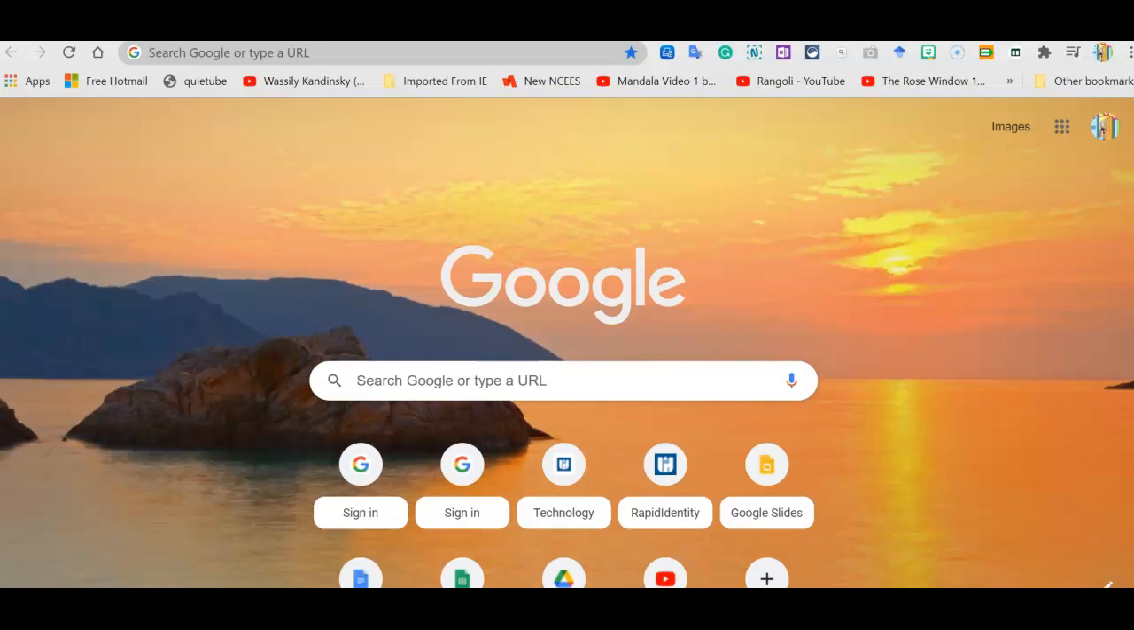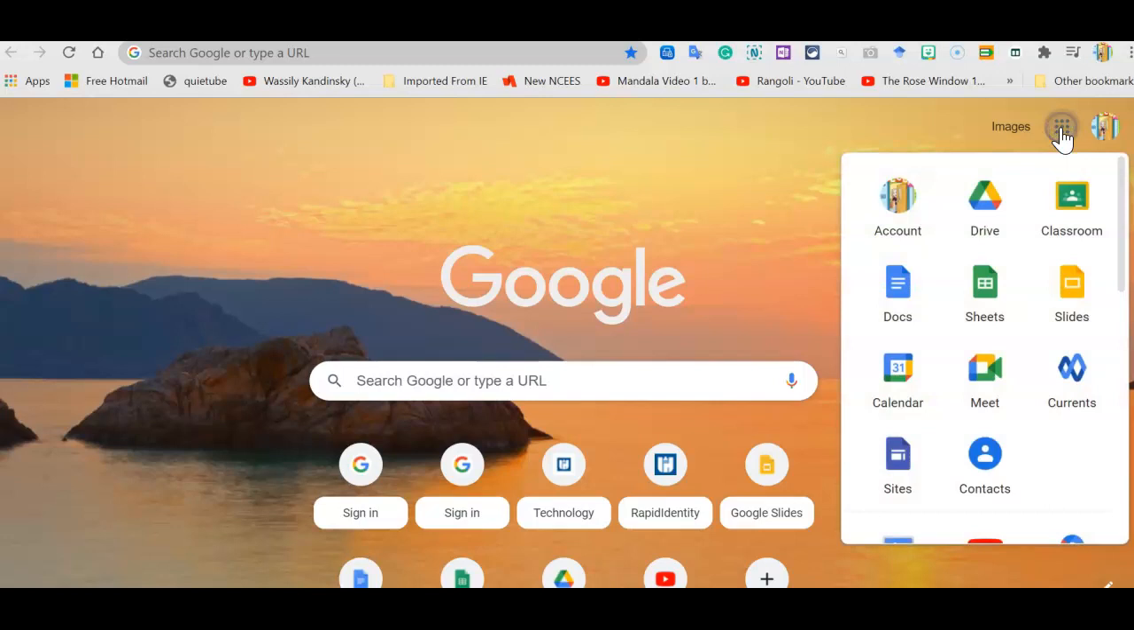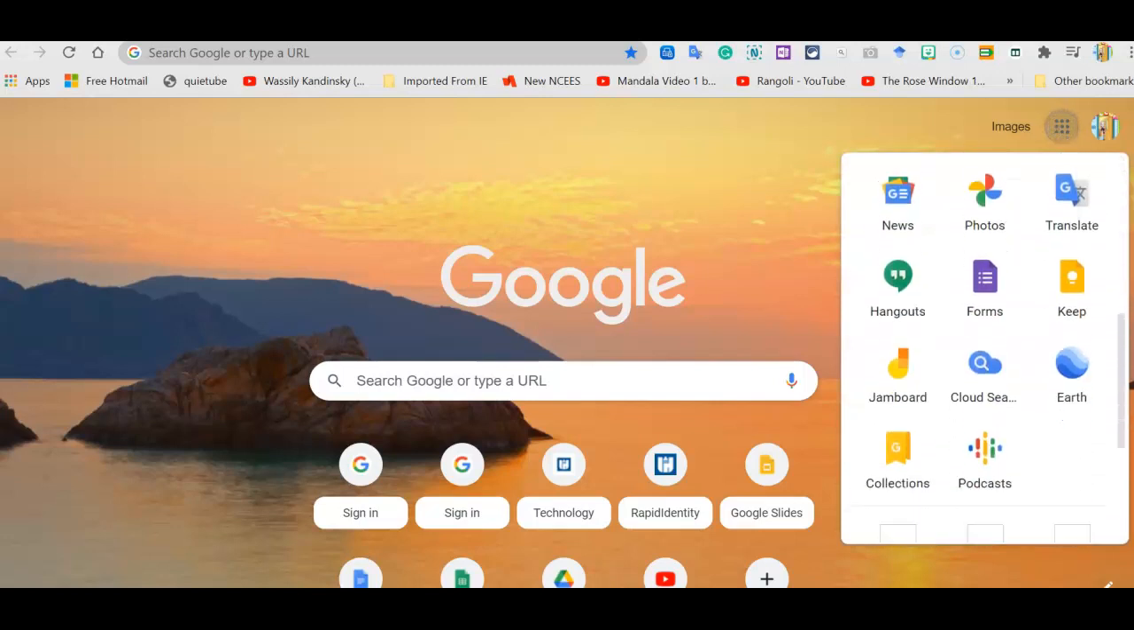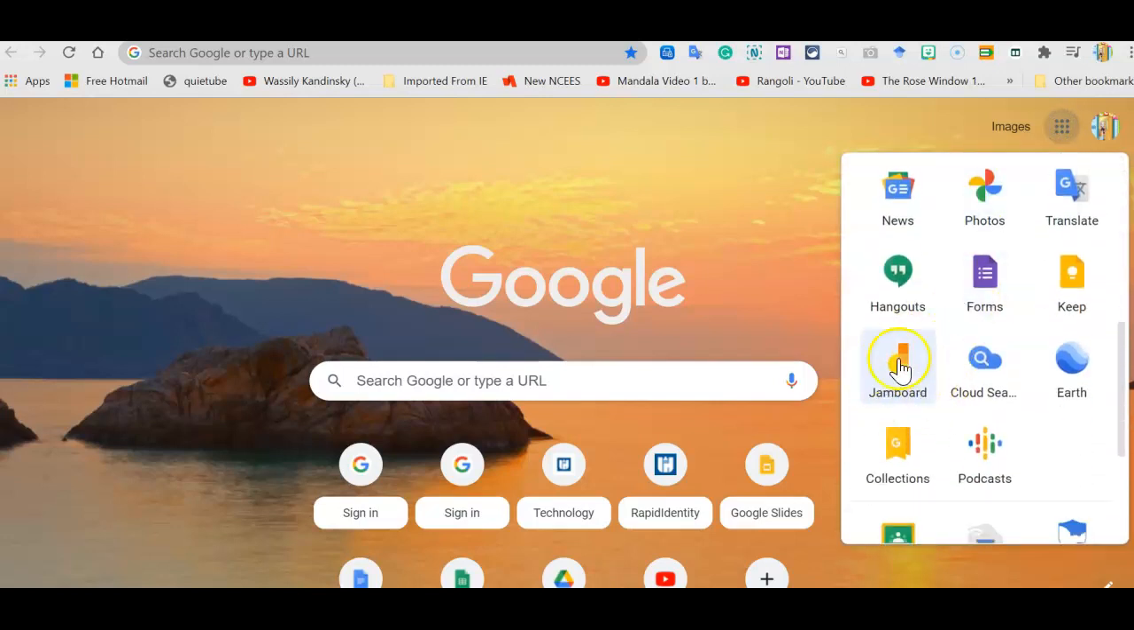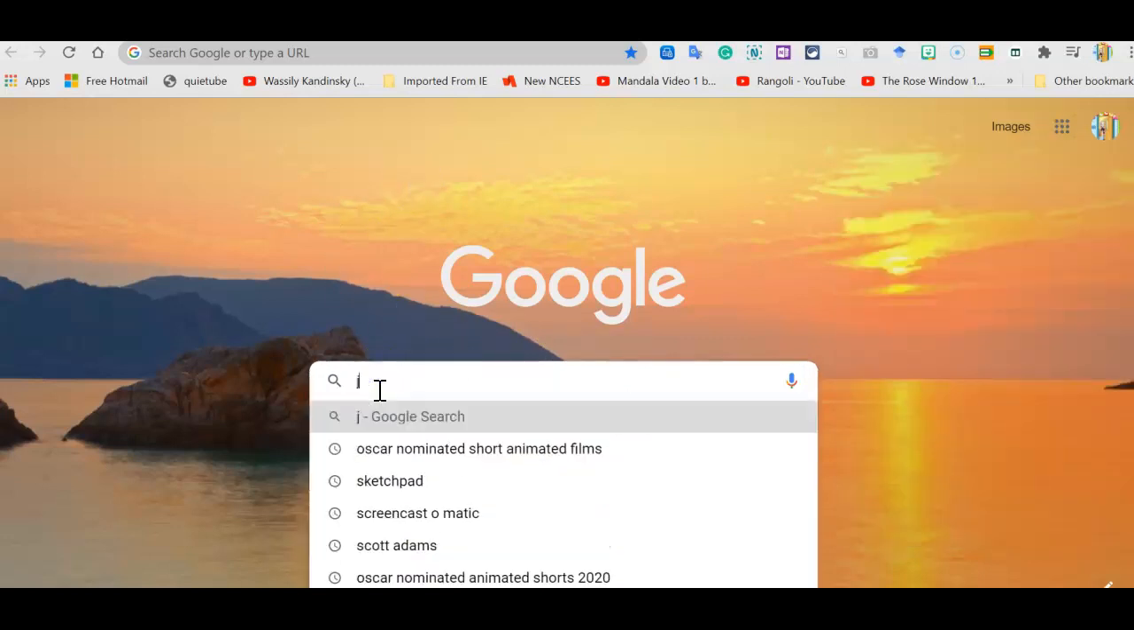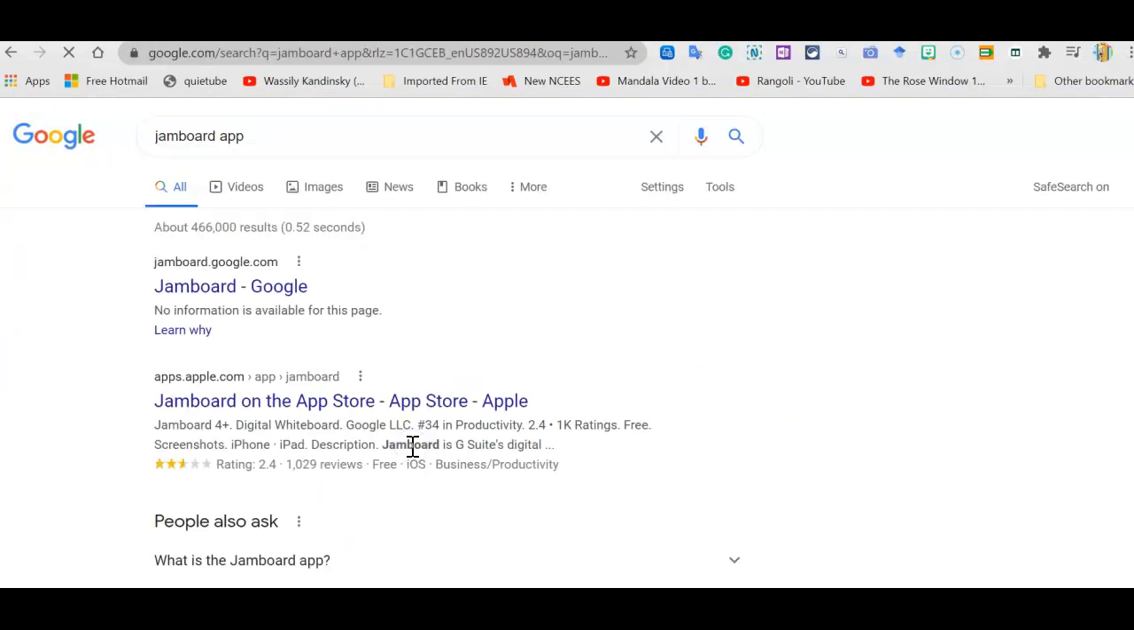It's Miss Dom, and today I want to talk about using the Jamboard to create art. So most of you probably already have Jamboard. If you go over here to where it says Google Apps and you scroll down, you'll find Jamboard right there. If you don't see this icon and the word Jamboard, all you need to do is go into your search and type Jamboard, and it says Jamboard app, Jamboard Google,